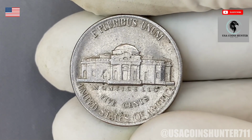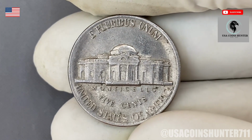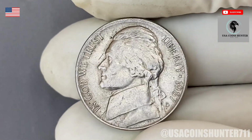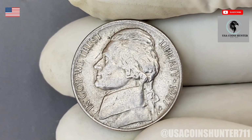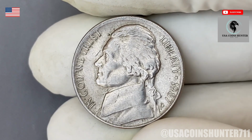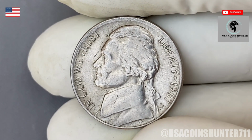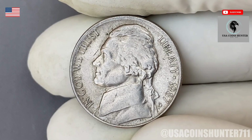Let me ask you, have you ever taken a close look at your pocket change? Have you ever spotted a nickel that just looked different, shinier, or somehow more special than the rest? If so, don't ignore that instinct. Grab a magnifying glass and start looking. Because hidden treasures are often overlooked simply because people don't know what to look for, and here's the exciting part: